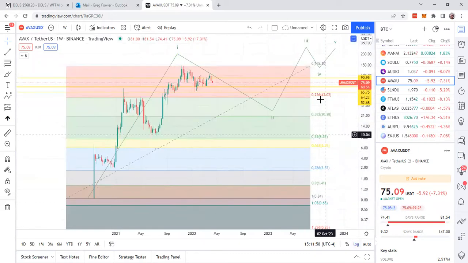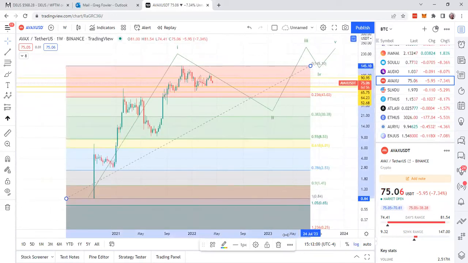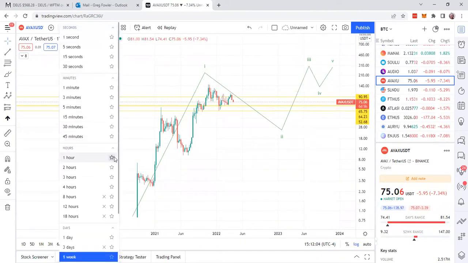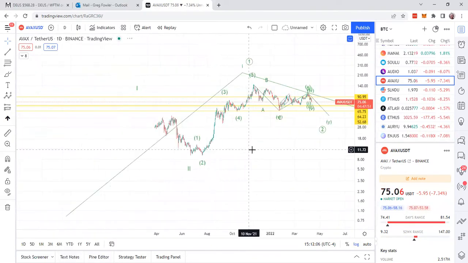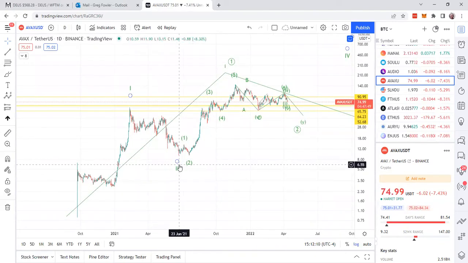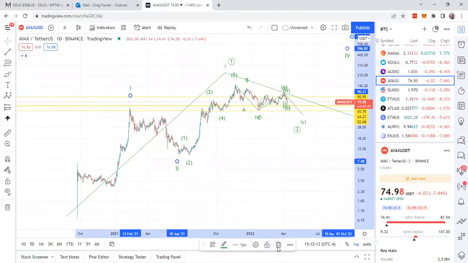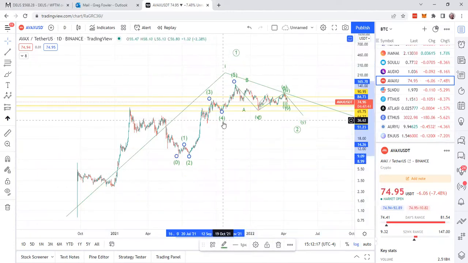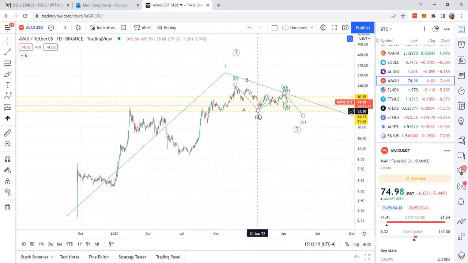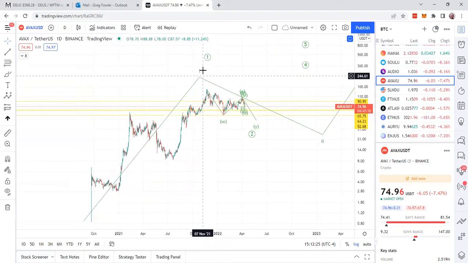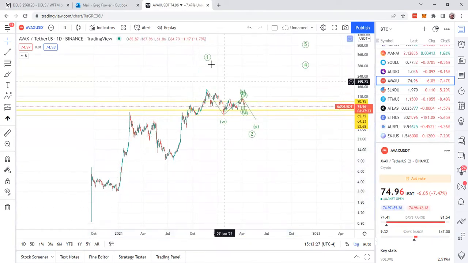Let's go find out what's going to go on here with AVAX. So that could be an ABC. Let me go down and check out the daily. I already have some stuff on here. Cycle 1, 1, 2, 3, 4, 5. I'm going to remove that. This is ABC, yeah, that's right. So this is a 1. As a matter of fact, I'll just take that off. So that's a 1.